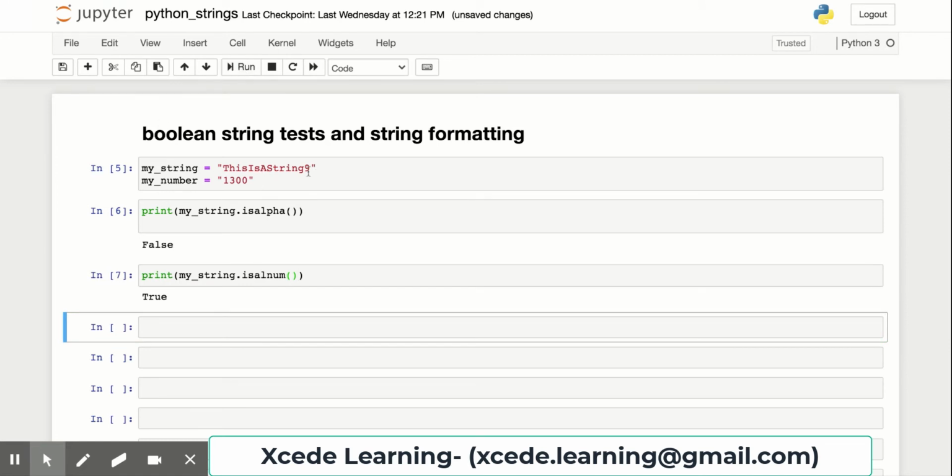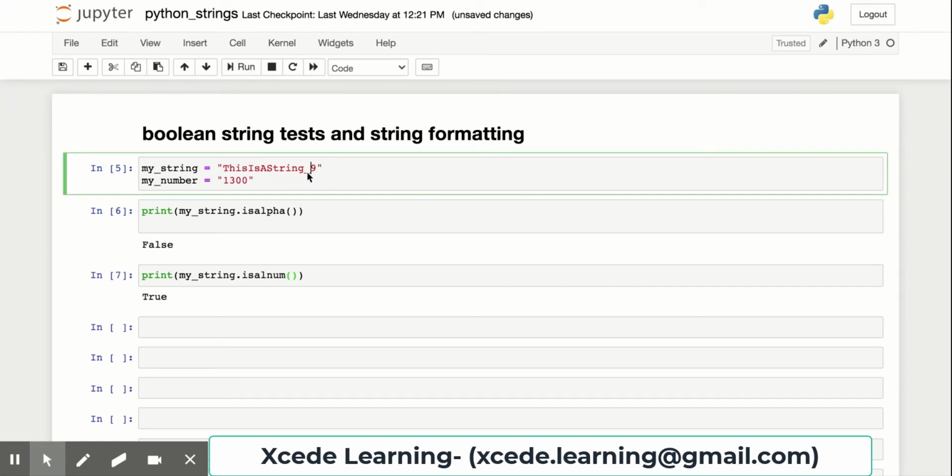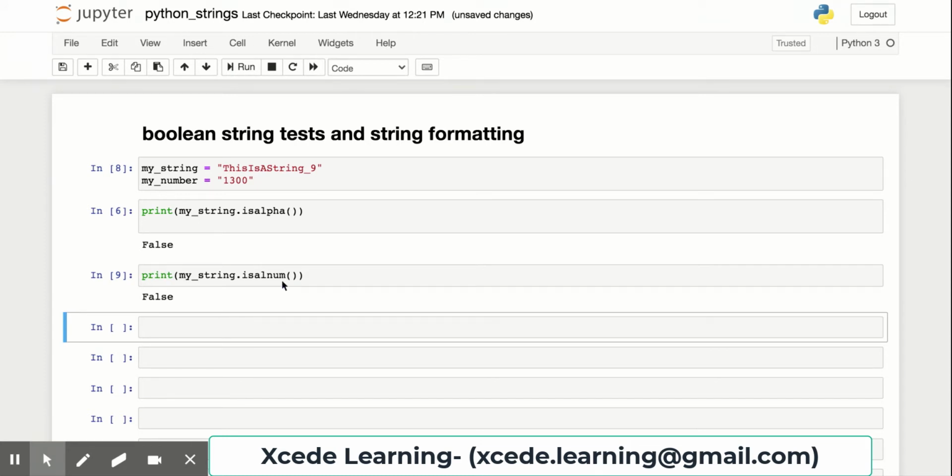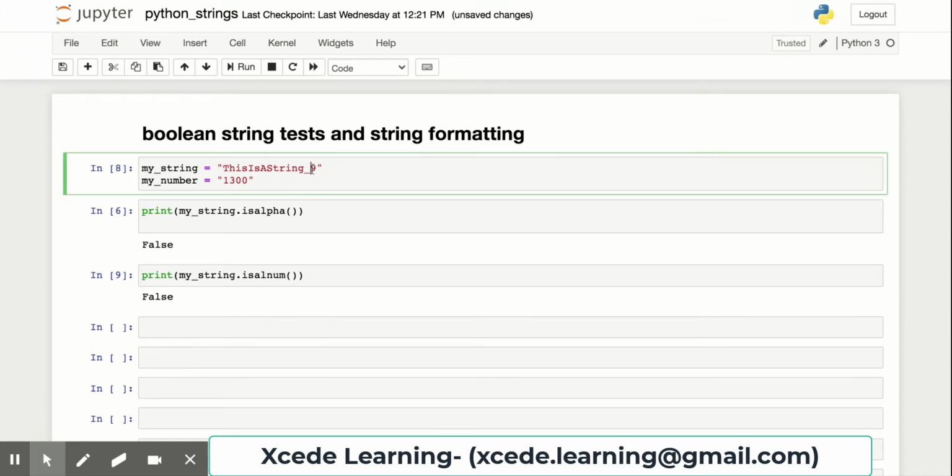However, if I add an underscore and run this line of code again, it's going to print false because now there are special characters in the string as well. I'll remove the underscore and separate all these words with spaces